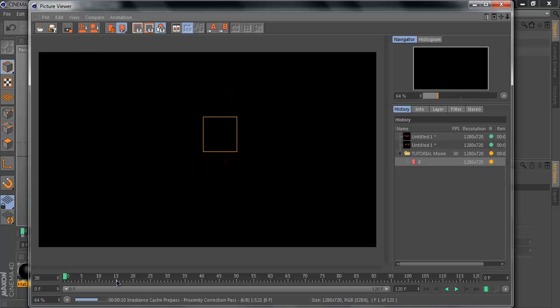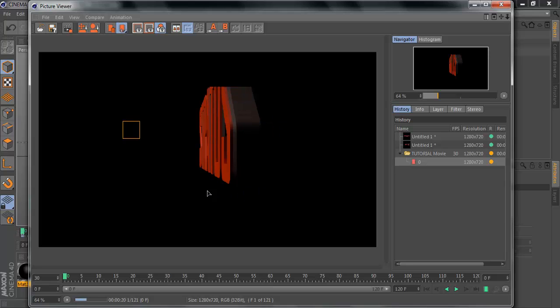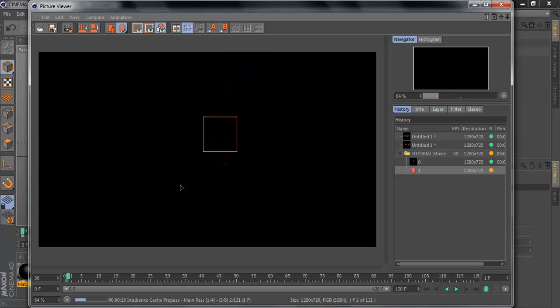You see the timeline here, and as each frame gets done, you see it progressing. And one thing that you might notice is that the QuickTime movie would be transparent,